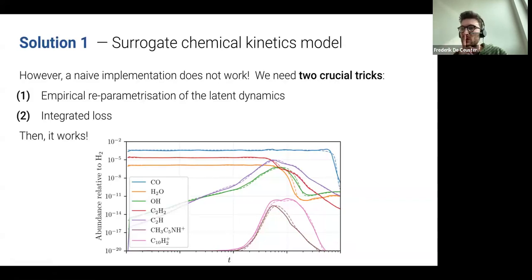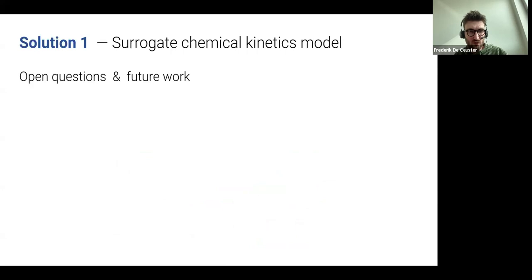A big difference between us and previous work is that we can actually use a variable time step, because we solve the ODE within this latent space. We solve the ODE for a time step that is defined by the user. We have a much more flexible framework than anything that existed before. So we were extremely happy with this. All thanks to Silke Maas. So a well-deserved PhD for her.